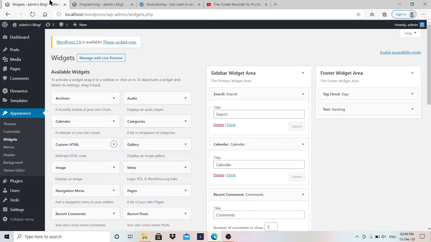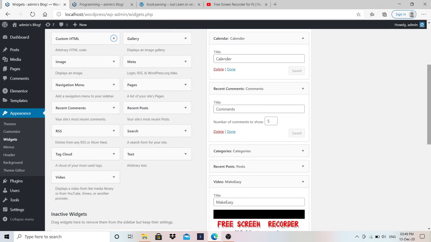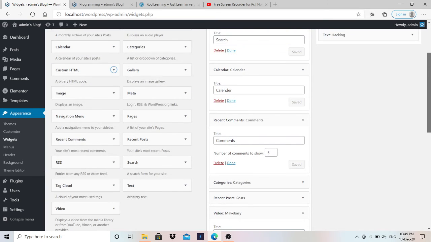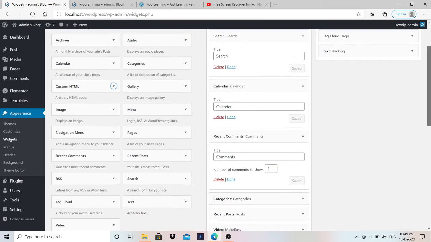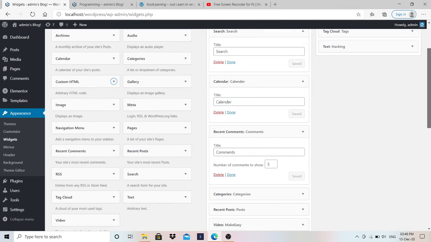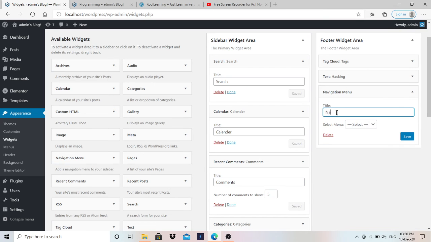Okay, lastly I want to show you navigation, like in the footer, if you want some navigation option like a menu bar option, that is also available here. Where is that? Okay, navigation menu, you can include it here in the footer area and give it a name, nav or whatever you want.